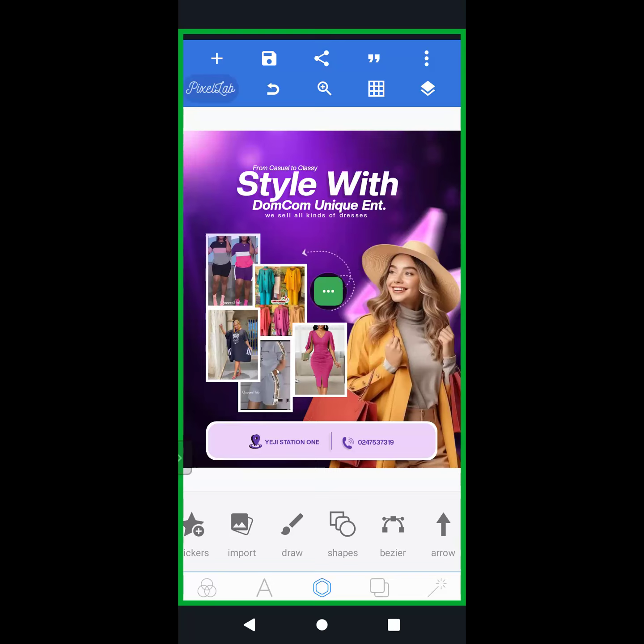And then let's say to attract you first. So this is what we call hierarchy. The most important one is enlarged. And then the second most important one, which is